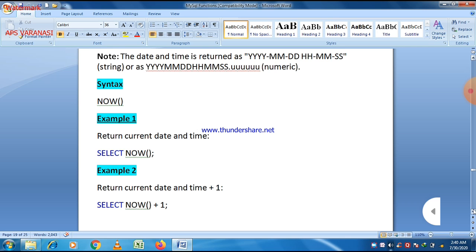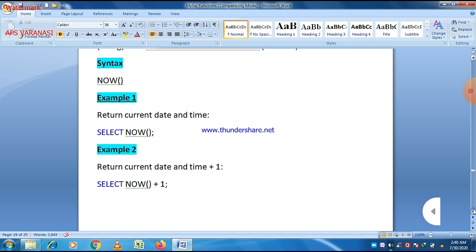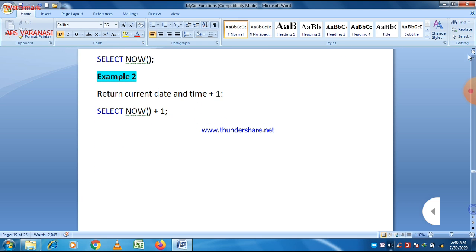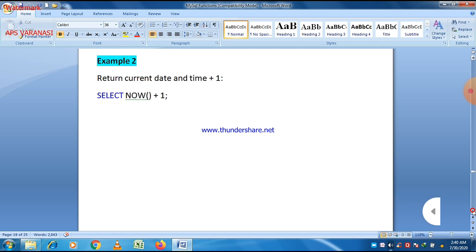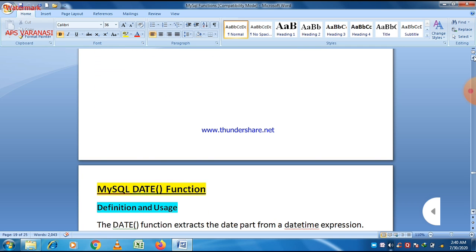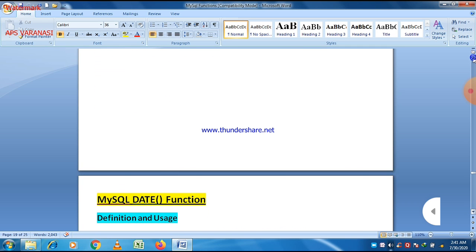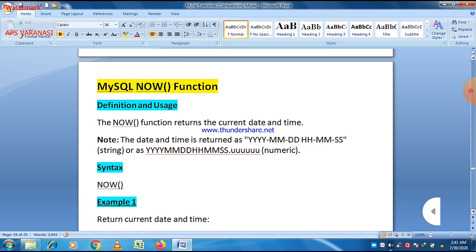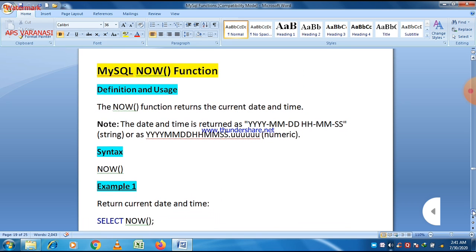Let us see another example. We want to show the data regarding a table. The NOW function basically returns the current date and time, so we can use it in two ways.